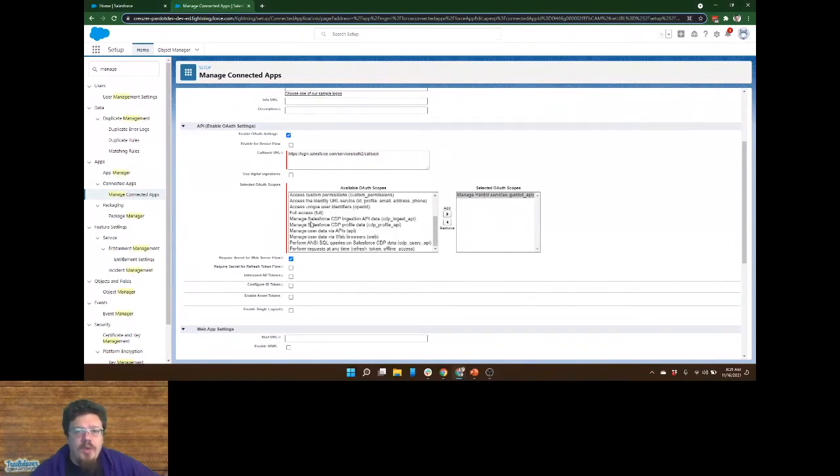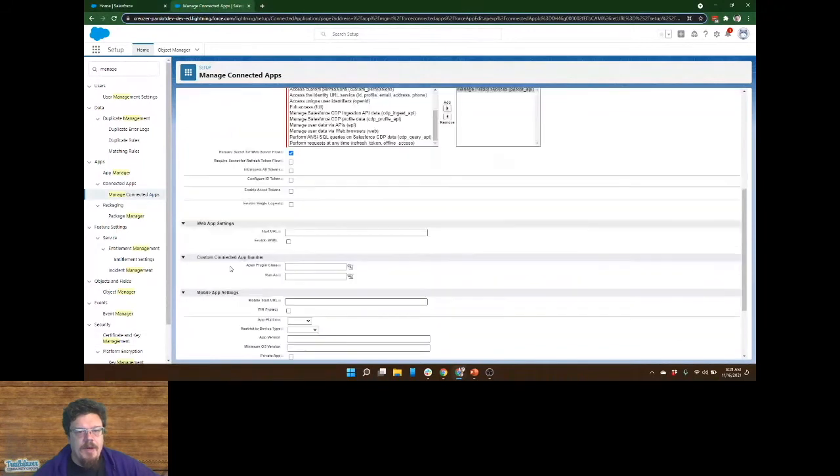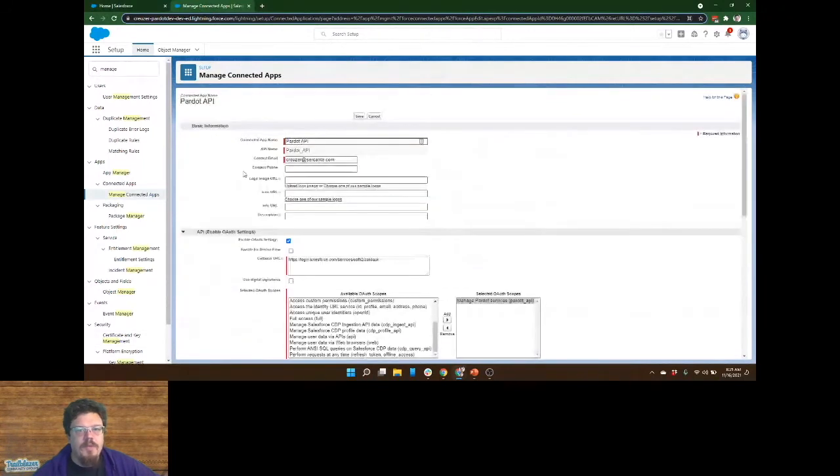There's a bunch of other things in here. These allow the more traditional Salesforce API integrations to Salesforce or other connection capabilities, which are sometimes useful if you know what you're doing, but not for this case.